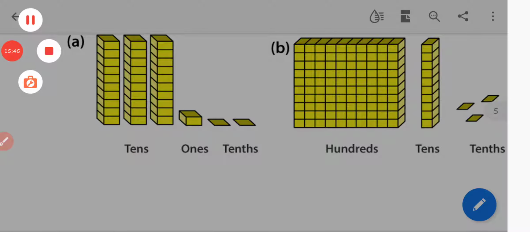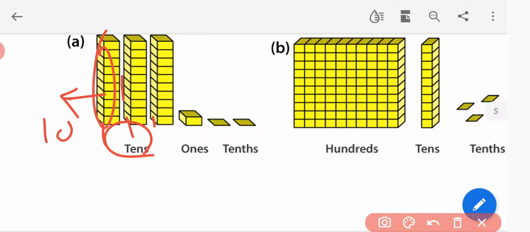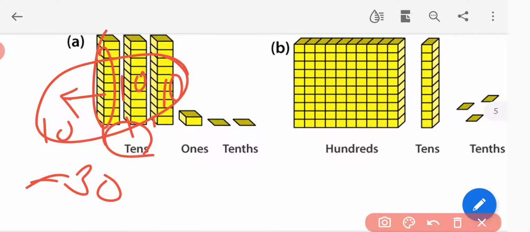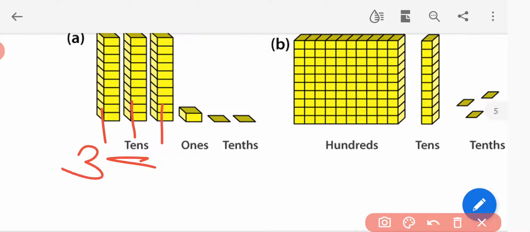So see how many blocks of tens are given. Total 3 blocks. 1, 2, 3. It means tens. यहाँ पर एक बॉक्स का क्या मतलब है, कितने ब्लॉक्स है इसमें, एक ब्लॉक्स में 10 कॉलम्स है, तो 10 10 10, सो 10 + 10 + 10 which is equal to 30. या फिर डायरेक्टली हम लिख सकते हैं यहाँ पर एक बॉक्स की क्या वैल्यू दी है टेंस. सो हाउ मेनी बॉक्स आर गिवन 1 2 3, इट मीन्स 3 टेंस.